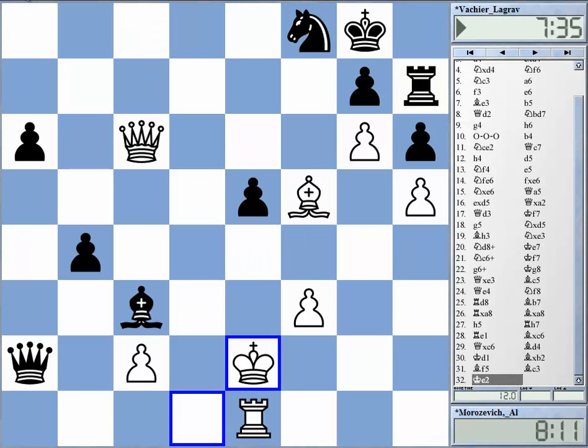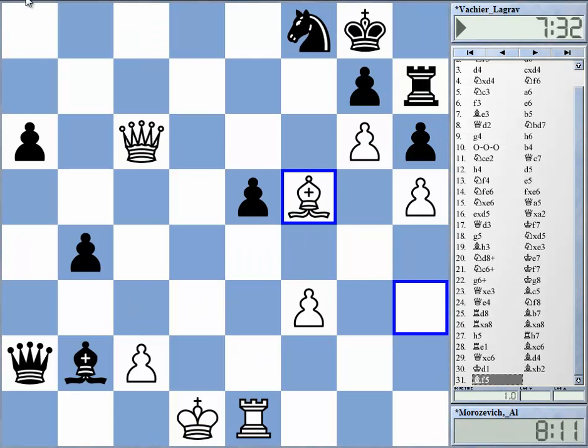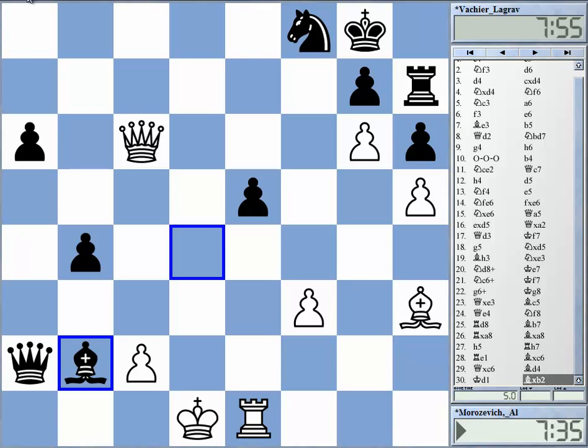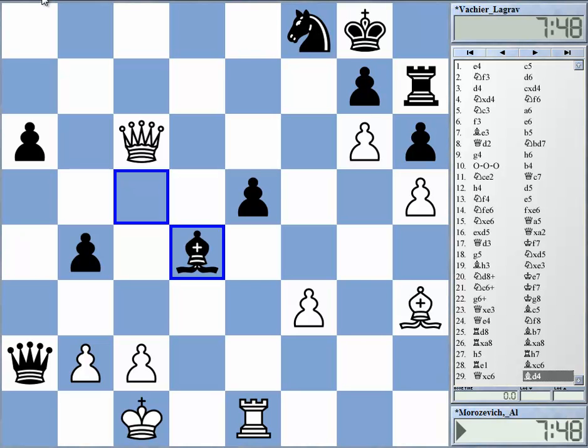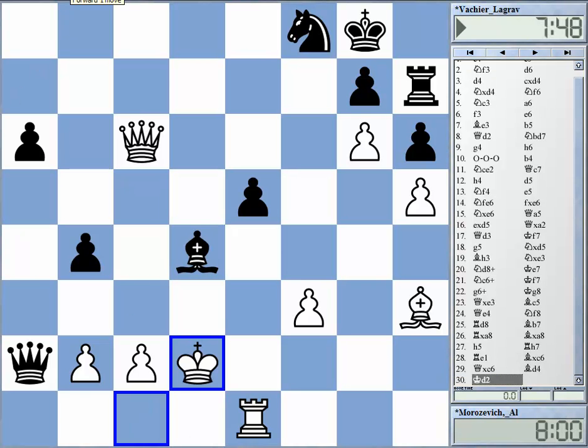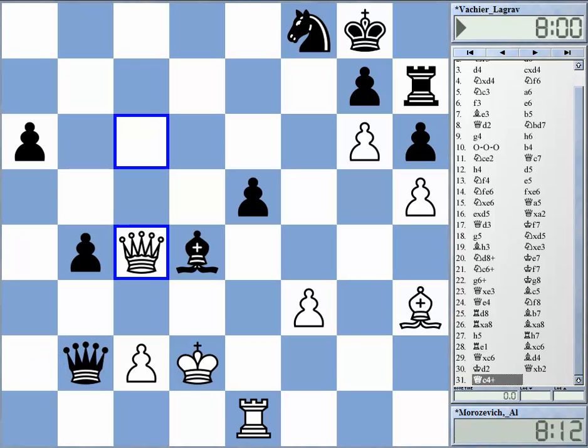These lines are really insane. I mean, playing this in a real game of chess between two human beings is certainly very, very difficult. So yeah, king d1 was a good move here. What Morozevich played is similar. He played king to d2, queen here, check, and queen check,